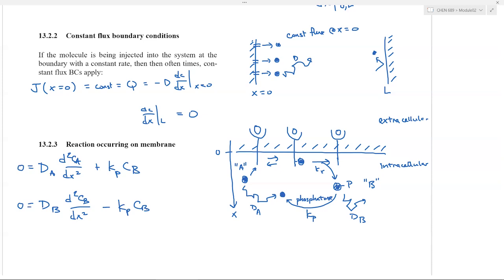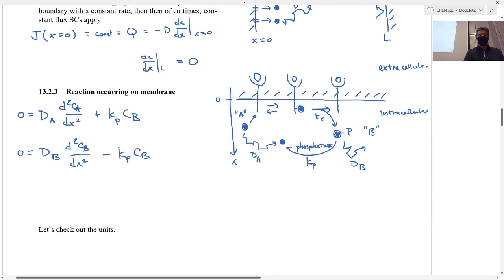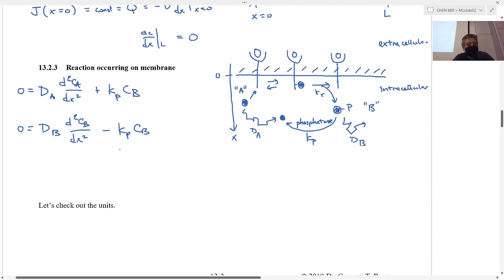Now, what we need to do is write down the boundary condition at the membrane, which is where the interesting reaction is taking place. So we can write down these boundary conditions in the following way. So at x equals 0, you have that boundary condition. And I'm not going to deal with a boundary condition that's far away from the membrane, just one boundary in this example problem. So at x equals 0, you have, at steady state,